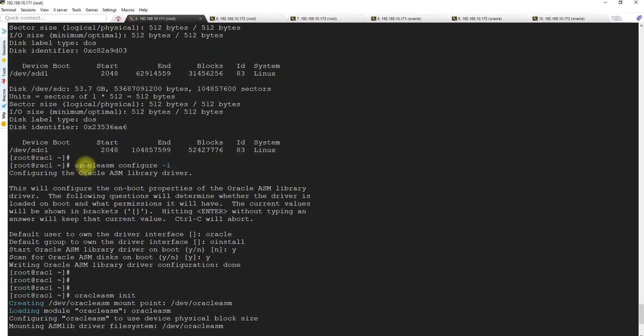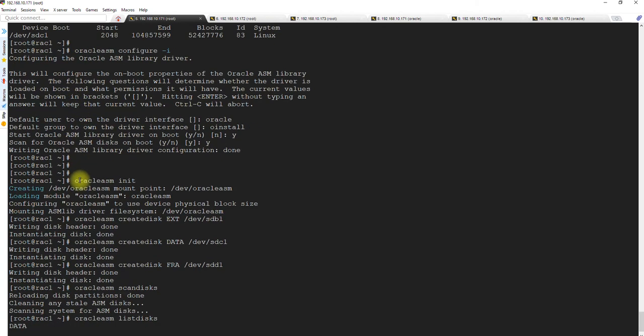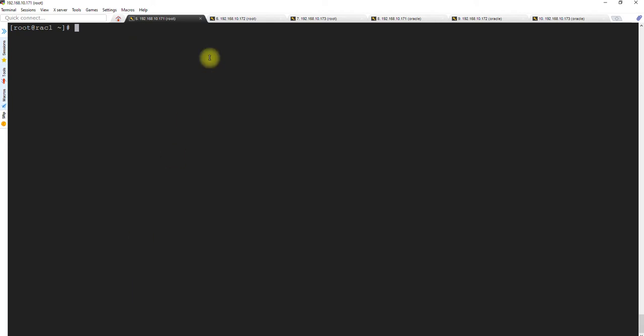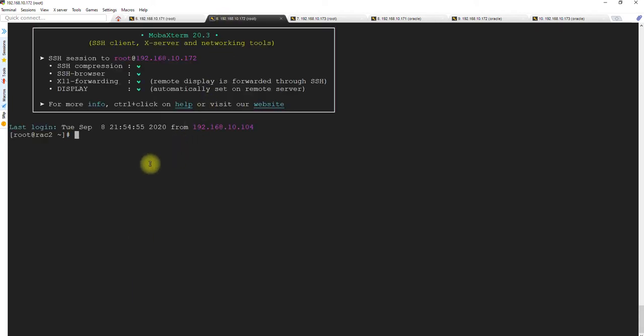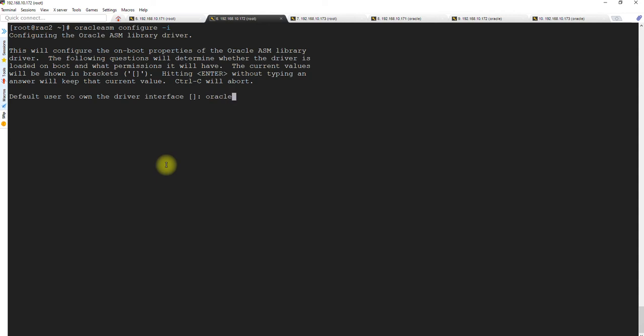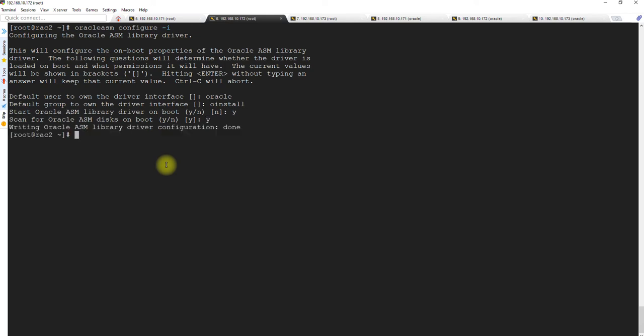It means that the raw devices you partitioned, you are providing to ASM, and now ASM takes care of everything. So now ASM knows about it. On the other nodes you don't need to worry about partitioning or anything, just configure it. oracleasm configure -i, do the same thing: oracle, oinstall, yes, then initialize the disk with init.